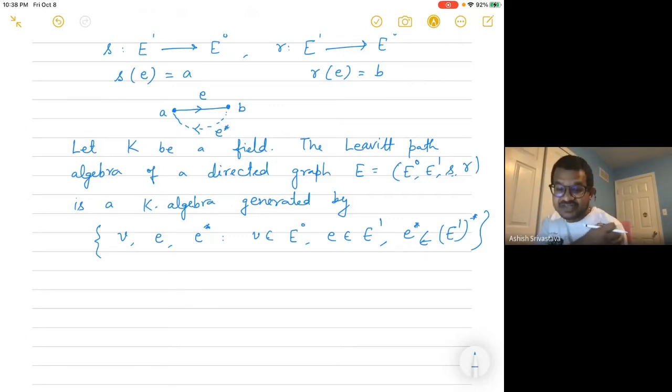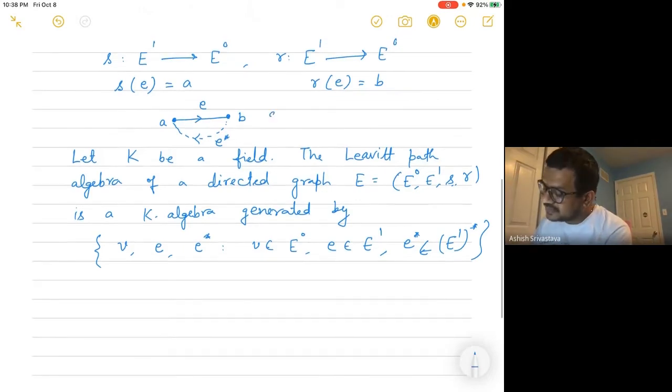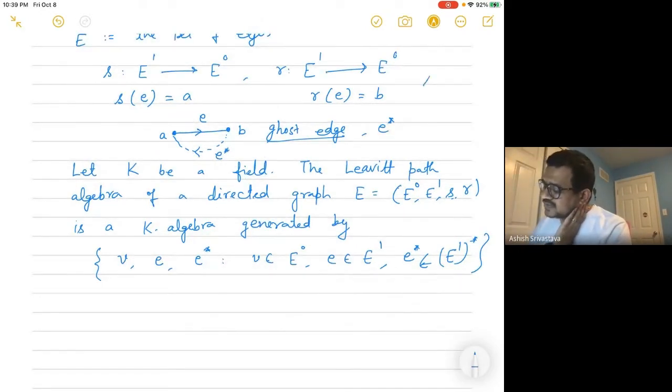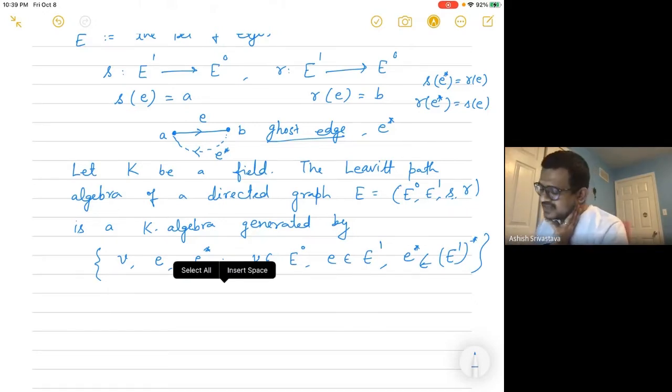So it is not there, but we are imagining, that's why the name ghost edge. Okay. So E star is ghost edge for E. So for every edge E, there is a corresponding ghost edge. Now it's quite clear that source of E star would be same as range of E, right? And range of E star would be same as source of E, right? As you can see here, since E star is going back, source of E star is B, which is the